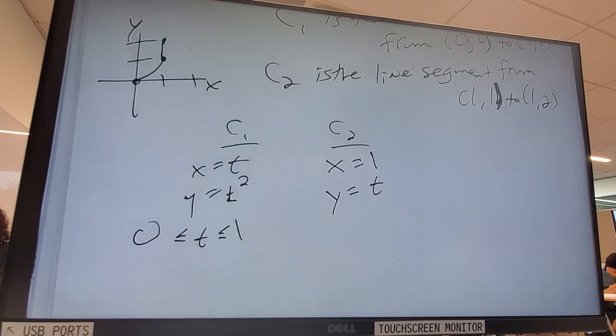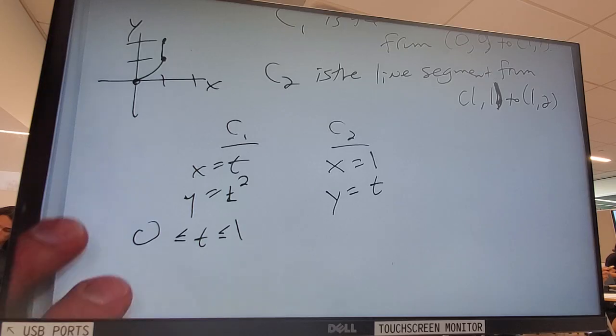No. y goes from 1 to 2, correct? So if y is t, does x change? If x doesn't change, I can't make it dependent on t, because then it would change, and that's a contradiction. Is y changing? Yes. So I can make it dependent on t, because t inherently changes. We don't care that it starts not from 0 but from 1, because what are my limits going to be on t? That's what I can choose.